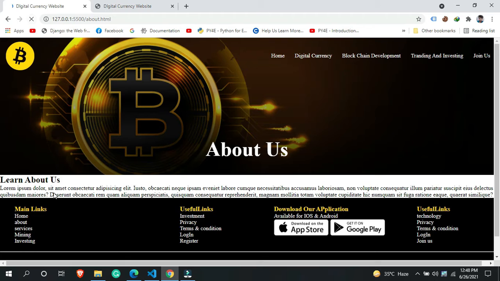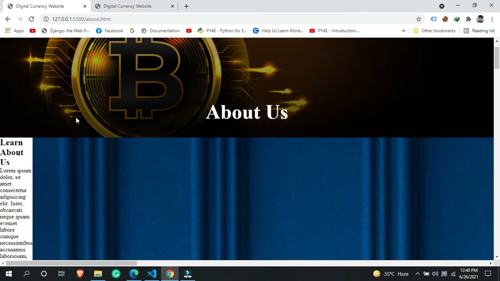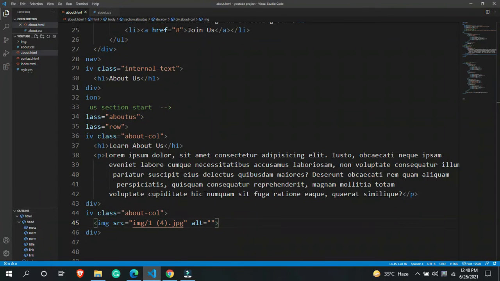Then after adding all of these things you are going to see that we get the image and other things as well. So you can see we are getting the image. This is a very big image that is coming up over here, and this is the learn about us section. Okay, and then we just completed it.